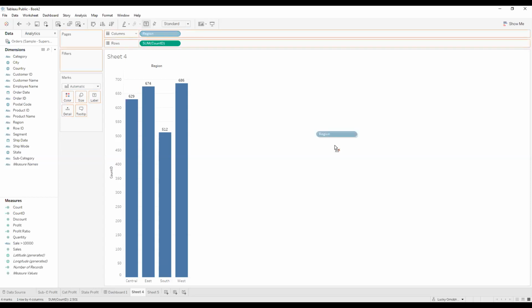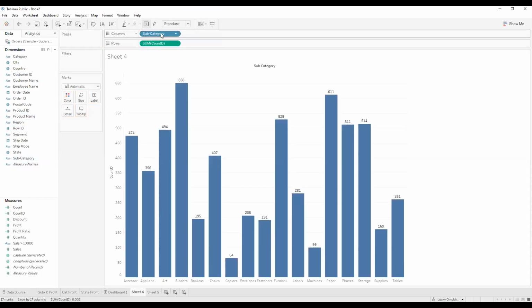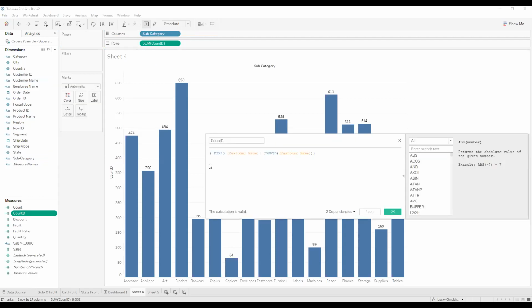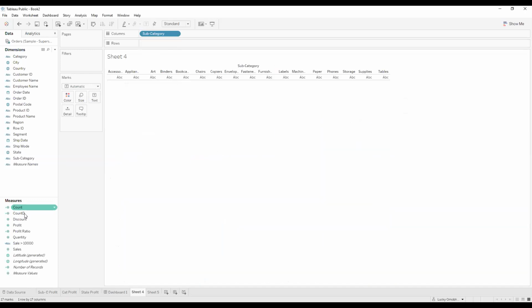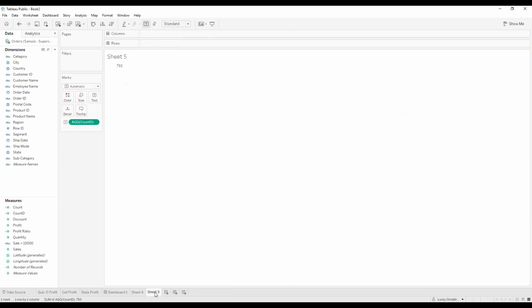But if I remove region right now and I bring in my subcategory, you can see that even with this subcategory, this fixing here is fixing the name. Let me remove this fixed calculation. I click OK. Now, see, it's giving us the same thing, because a lot of customers are within this subcategory, and they are also making purchases in another subcategory. So uniquely, what Tableau is doing is that in this subcategory here, we have 650 unique customers, even though all of our total customers are